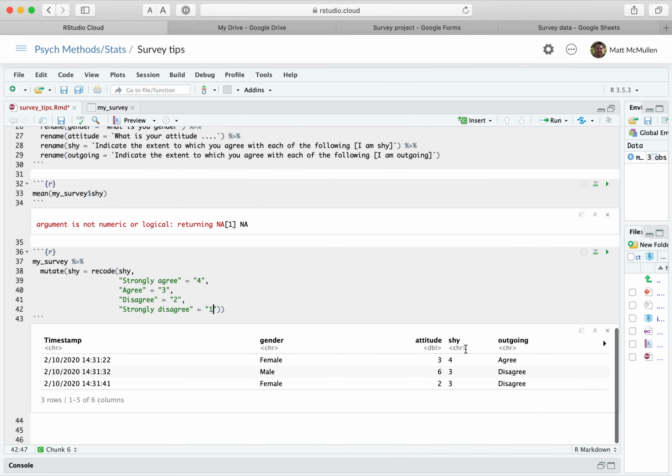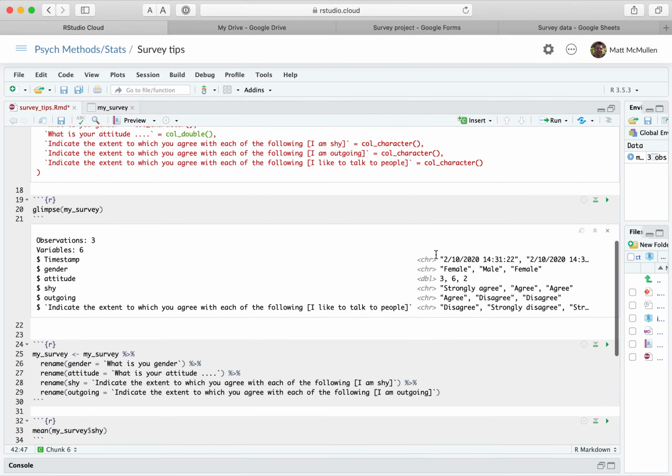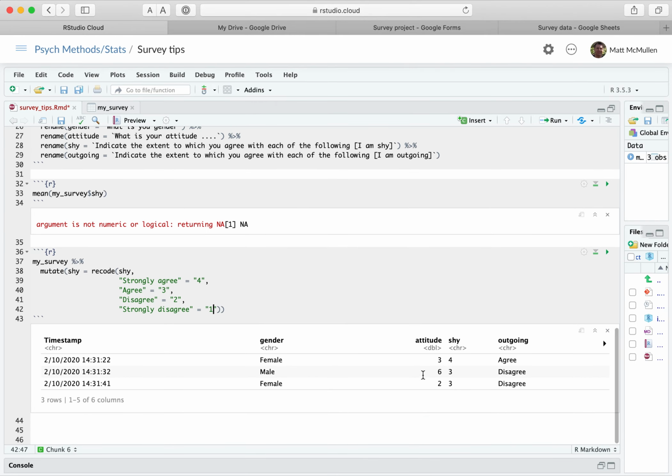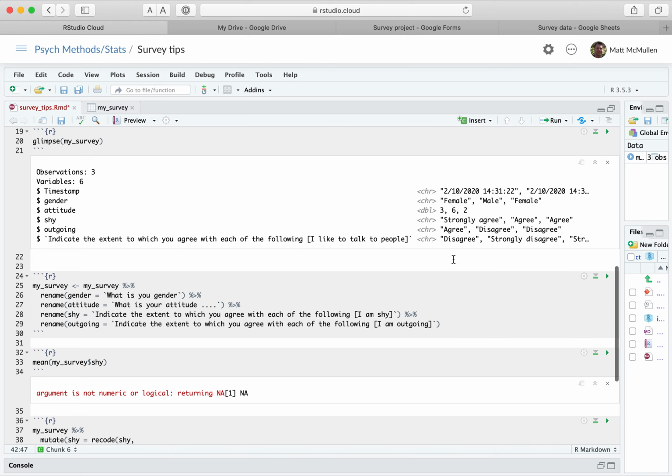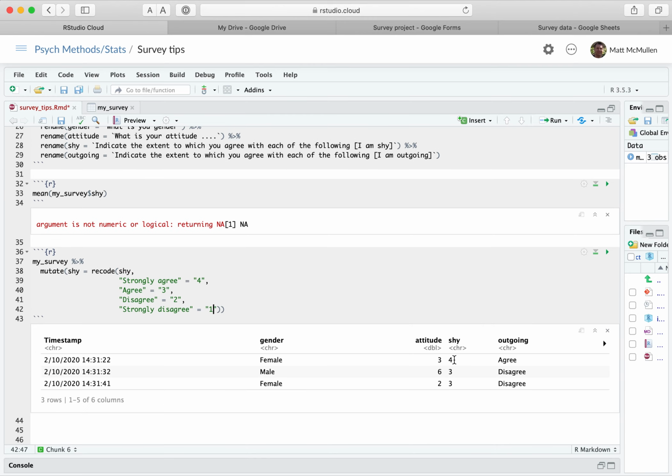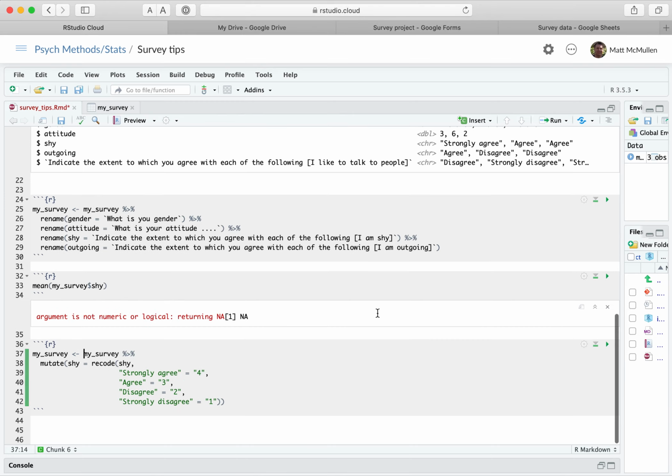Okay, there we go. So notice how before, it was strongly agree and agree, right? 4, 3, and 3. So it changes them. And I recommend before you save it, display it first. If it looks like it's working, then you can go ahead and put this business here, right? And now I'm basically saving that back into the survey. So kind of making it more permanent. And so now when I run this mean, if I want to get the mean of my survey,